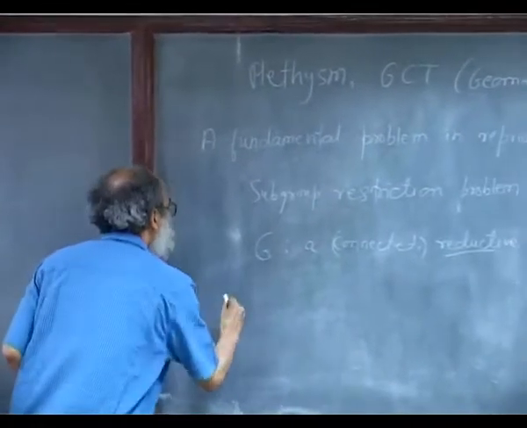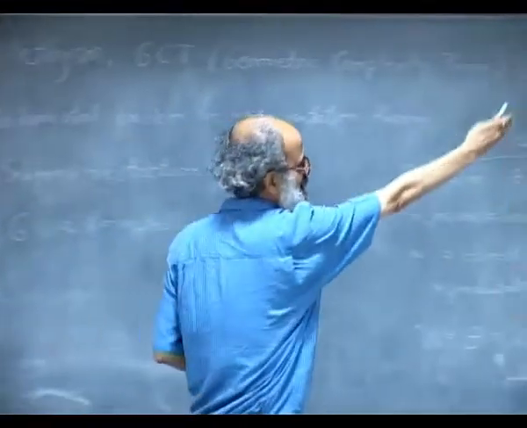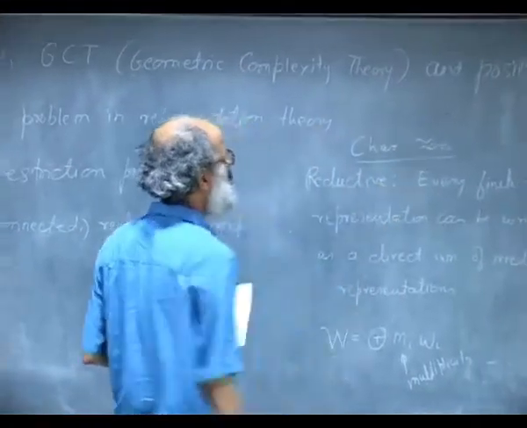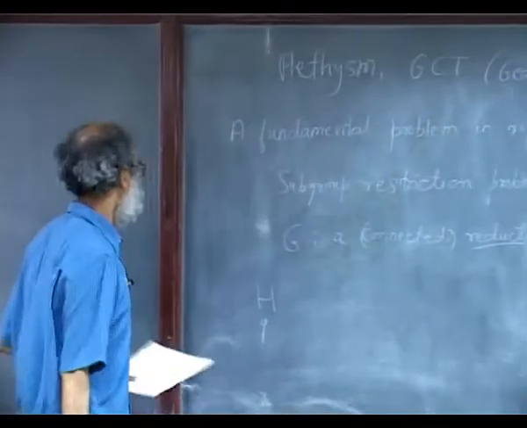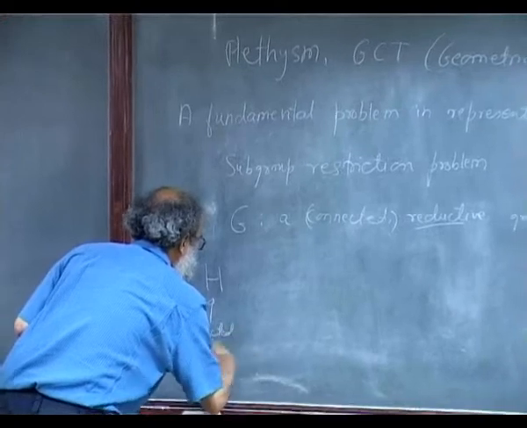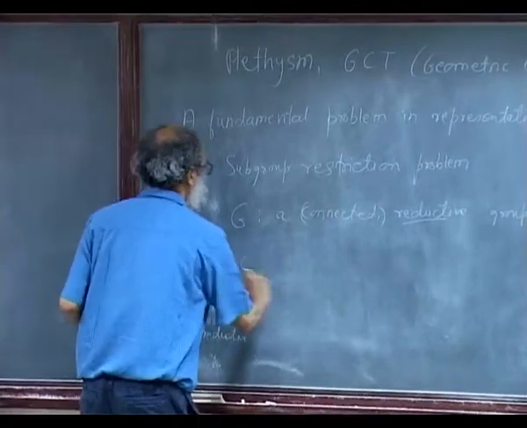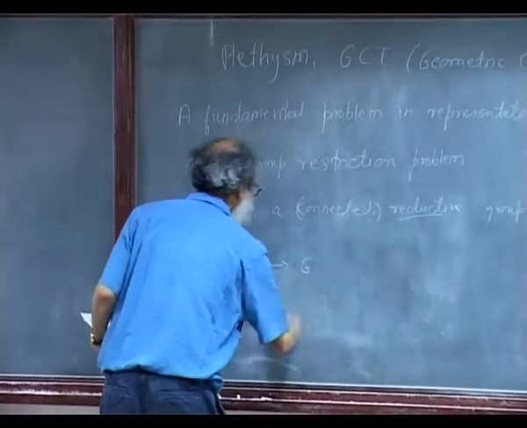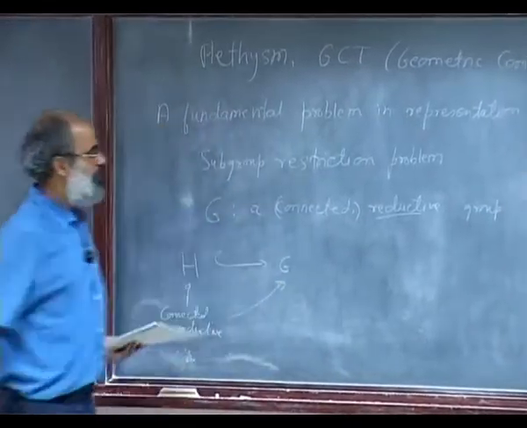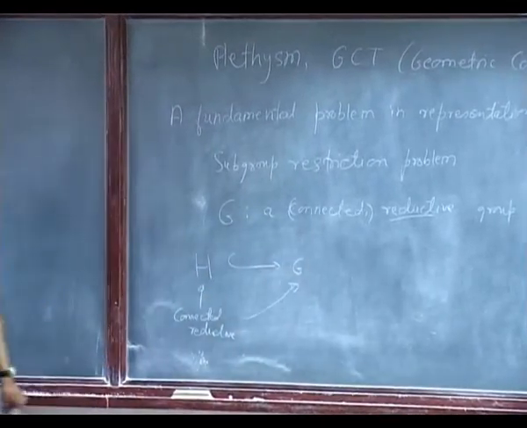So now, coming back to the subgroup restriction problem. The problem is the following. Say H is some connected reductive group, and there are many other reductive groups also, but if we want, we can just restrict ourselves to GL_n(C). H is some connected reductive group which is a subgroup of G, both being connected reductive. So this could be GL_n(C) and this could be a small GL_m(C) embedded in it in some way.